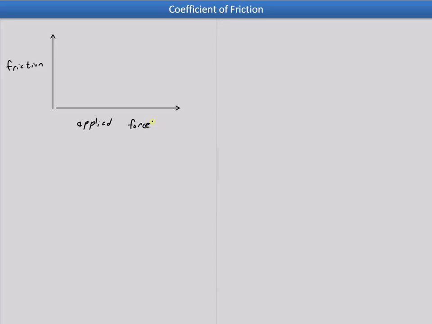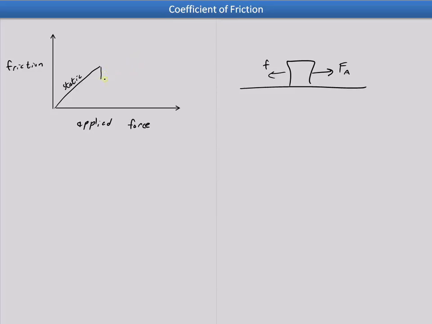Alright, and if we did this, we would see that as we increase the applied force from 0, so again, we've got a little table, we've got a block, and we're pulling on it, comparing the applied force to the friction force. The friction force is going to start out as static friction, and so it's going to be exactly equal to the applied force up to some maximum value. And if we kept increasing our applied force, suddenly the block is going to start to slide, and then we'd be using kinetic friction. In that case, what happens is the friction force dives down,